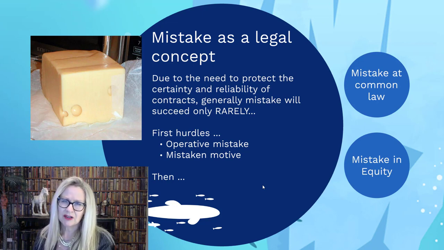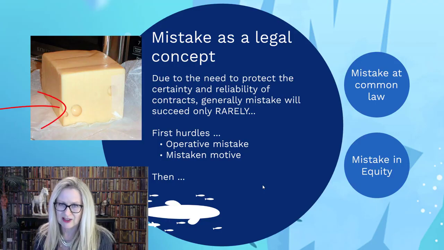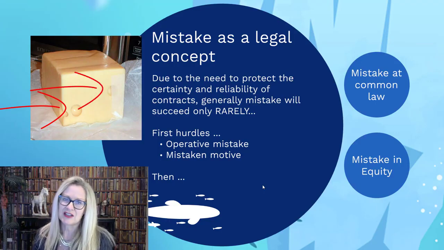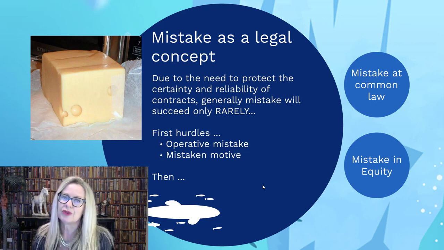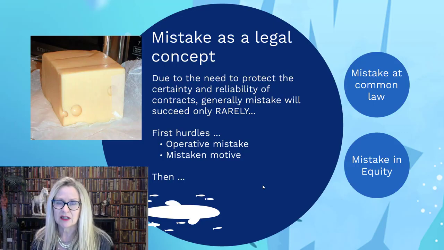So I think of mistake as just those few little holes that you get in the slice of Swiss cheese. Generally, the answer is going to be, no, sorry, you're stuck with the contract. But every now and again, there'll be a little hole drilled through that cheese and you might be successful. There have been a number of additional hurdles to running an argument of mistake, just apart from the general policy stance on these things. The first one is that traditionally it had to be an operative mistake,